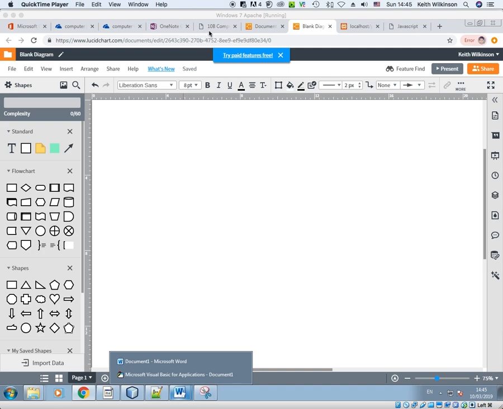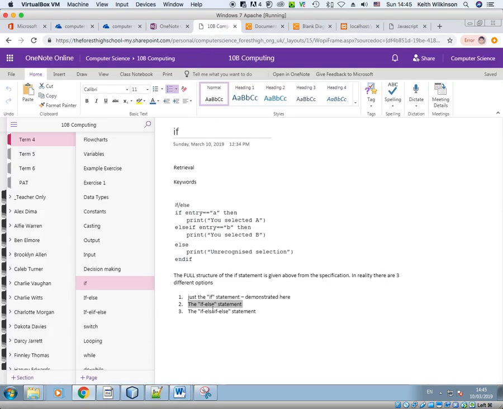Now we're going to look at the second version, the if-else statement. You might wonder what the difference is between the if statement and the if-else statement. They appear very similar. So if the number was 6, we printed it out, and if it wasn't, we just continued down our program. However, with the if-else statement,